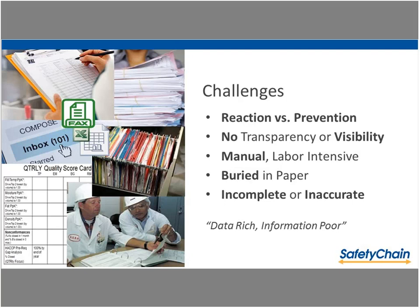We look at how great my folders are filed, and I have everything in proper order. I think there's something to be said for that for sure. I know many of you on the phone have created these great programs, but the data that lives on that piece of paper is just not helping you out. Unless you're spending the time to rekey that information or get it someplace else,